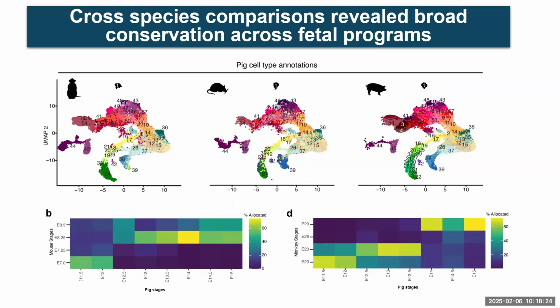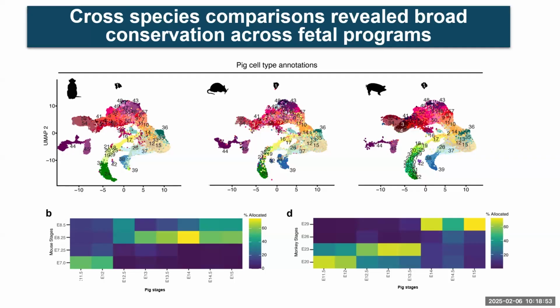These plots here show you the correlation scores between the dates of sampling of the different species. And you can then start mapping out, when is a mouse E8.5, what does it correlate to in the pig? That's around E14, the highest level of correlation. Similar things can be done with the monkey. So now we can start having matched dates where we can make meaningful comparisons and study cell lineage allocation